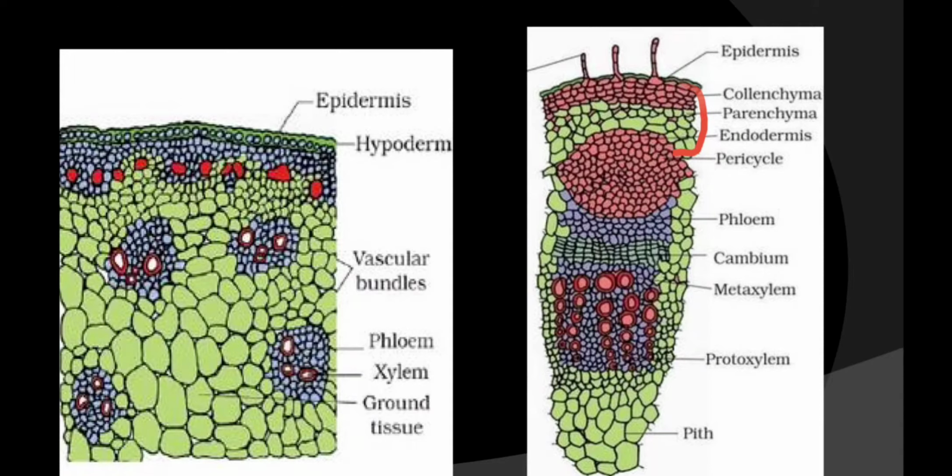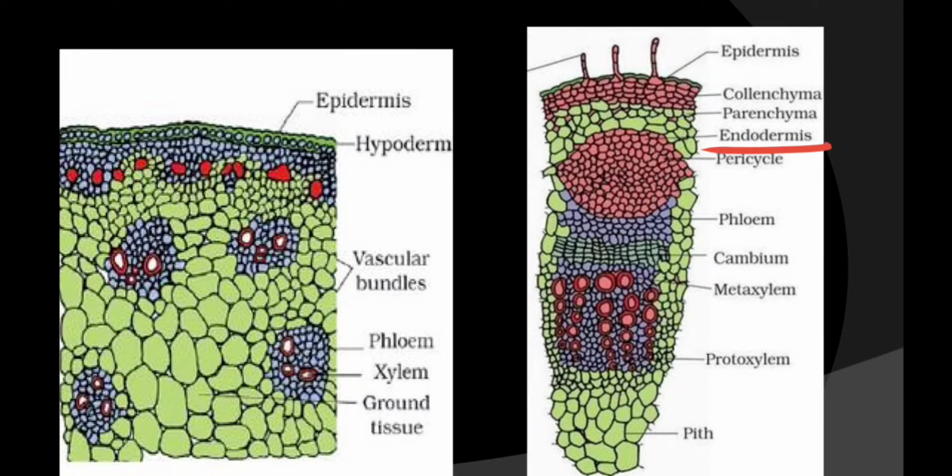From the hypodermis, this pink color area you will see, this is the hypodermis. Okay, and the cells are collenchymatous. Hypodermis is made up of collenchymatous cells. Then we have a cortex region, general cortex is there, and then there is the endodermis. So from hypodermis till the endodermis, this is the region of the cortex. Okay, cortex contains three regions: hypodermis, then general cortex, and then endodermis.